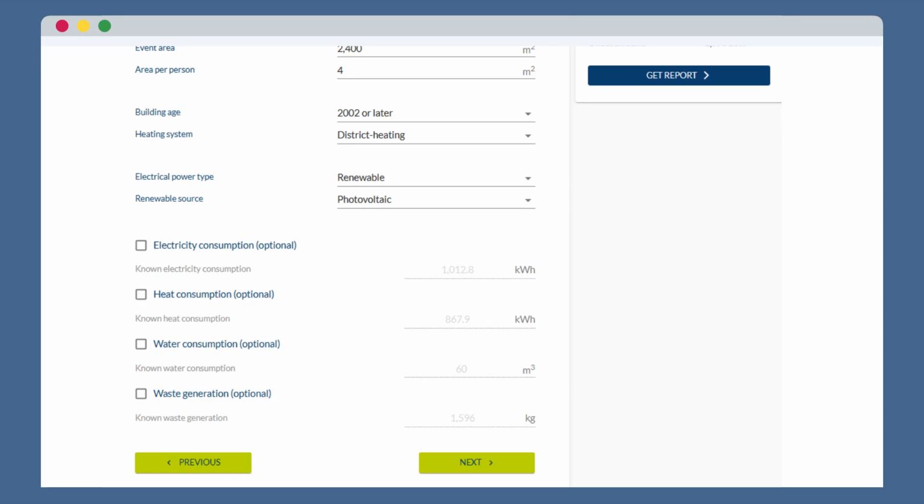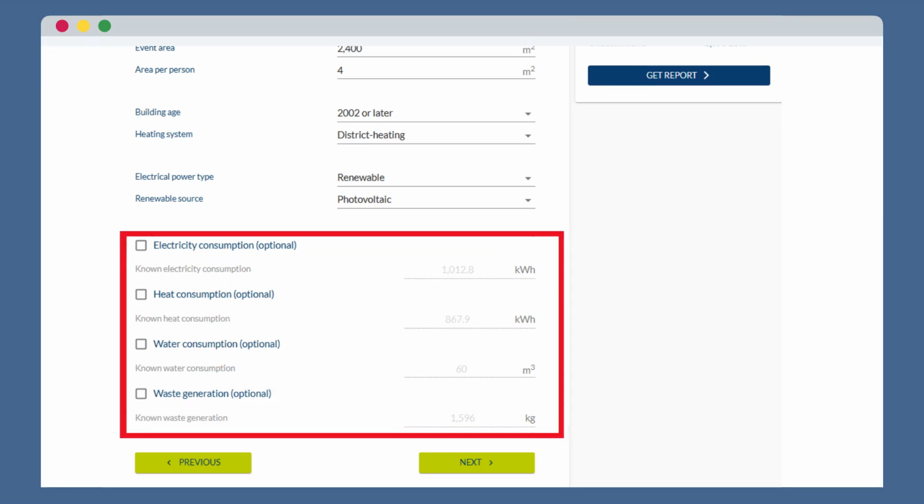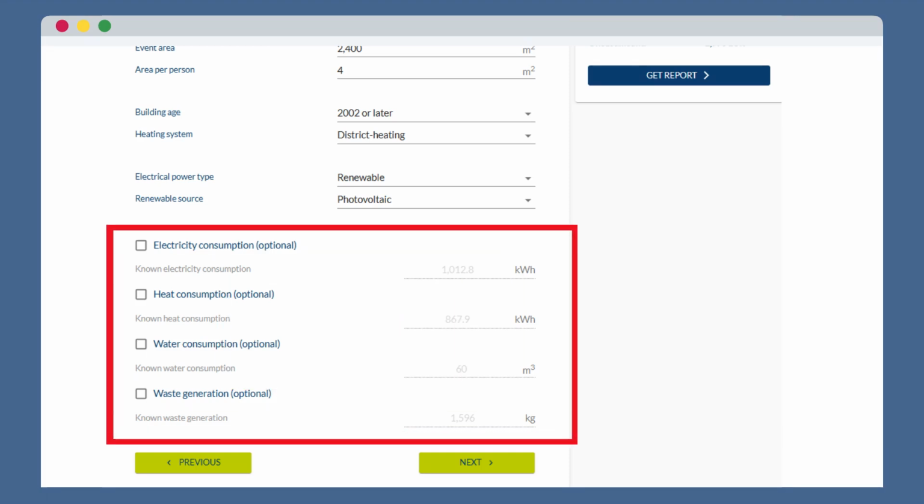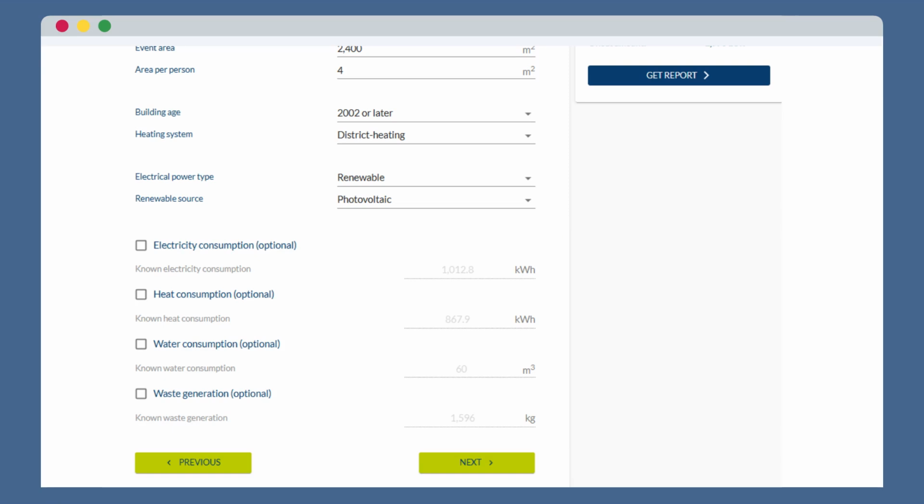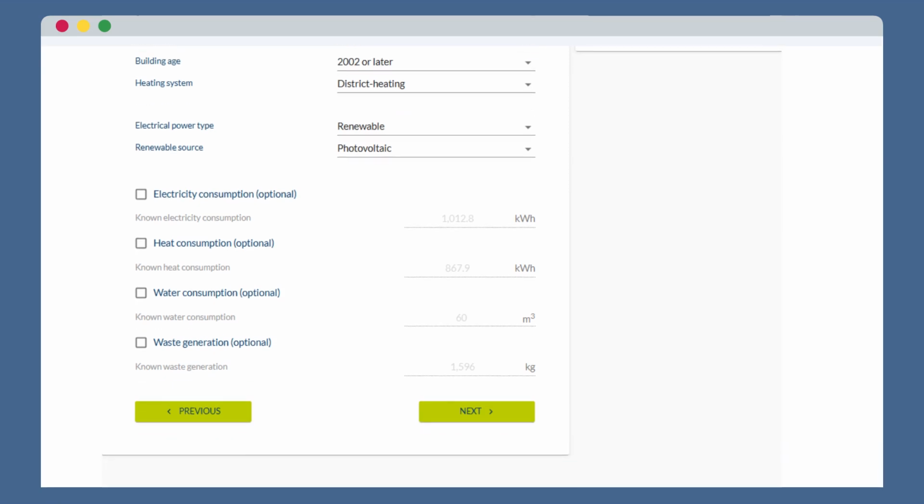Unfortunately, we couldn't access detailed data on electricity, heat, water usage, or waste production at the venue, but we can rely on the statistics provided to cover this data gap. Next year, we will try to keep track of actual consumption for even more accuracy. Now, let's move on to the last step: